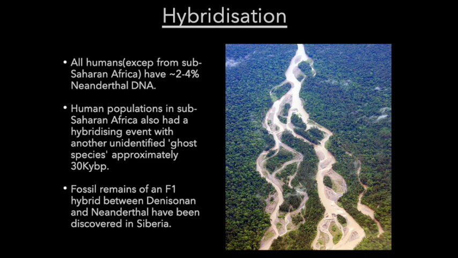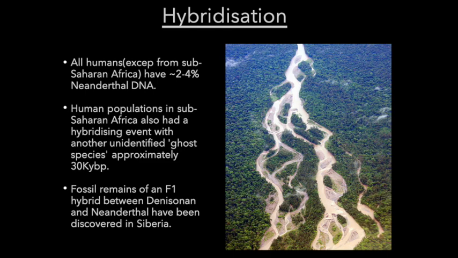Hybridization. A quick little bit on human hybridization. So all human ethnicities existing on the planet, except those from sub-Saharan Africa, have an admixture of Neanderthal DNA, somewhere from 1, 2, 3, 4%. So when Homo sapiens left Africa and moved through the Middle East, Europe, Asia, Australia, America, however that route looked, along the way there was some interbreeding with Neanderthals. Not a great deal, but enough that most people in this room would have a little bit of an admixture